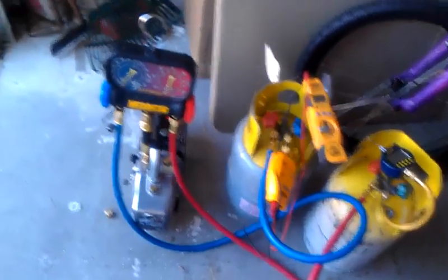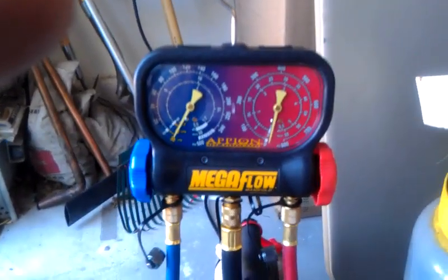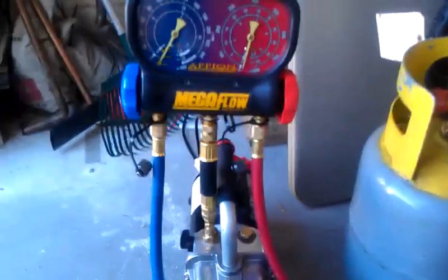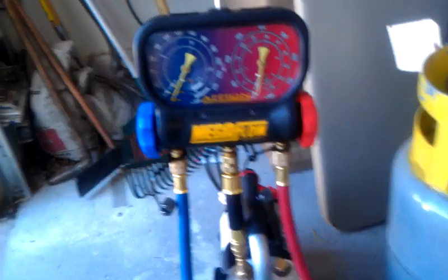And some guys have asked, why am I using this whole rig? Why am I not just running a hose? Well, I would be doing it this way. I guess I don't really know. I guess I got to think that all the way through. I would do it this way just as a rule, but...